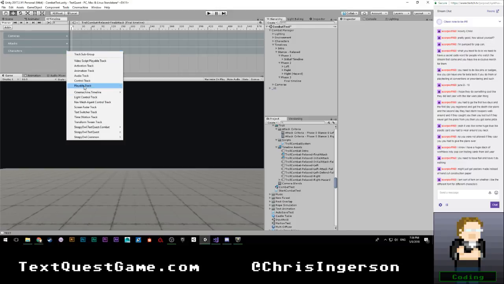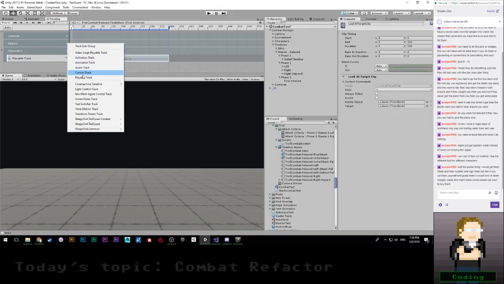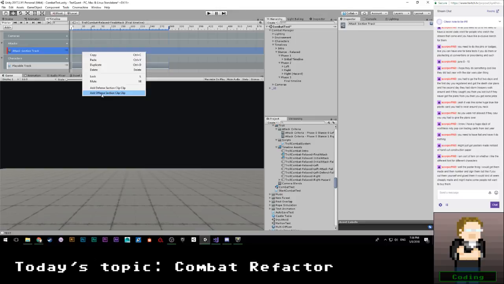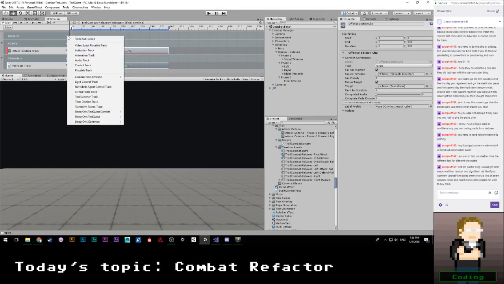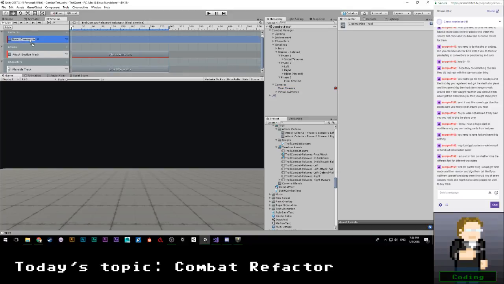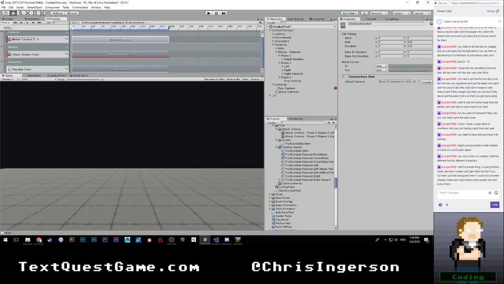We're going to add a playable track. Say, look at target script. Let's add an attack section. We're going to add an offense section clip. We'll add a Cinemachine track here. Cameras, drag in our main camera. Add a Cinemachine shot clip, which will be our, let's see, I guess that would be,